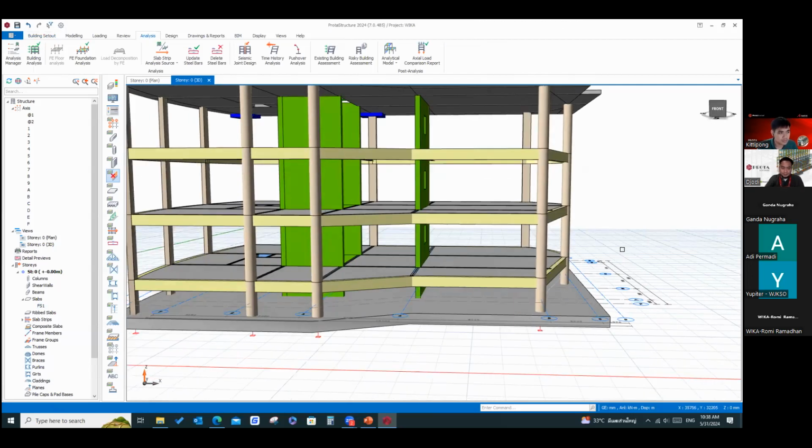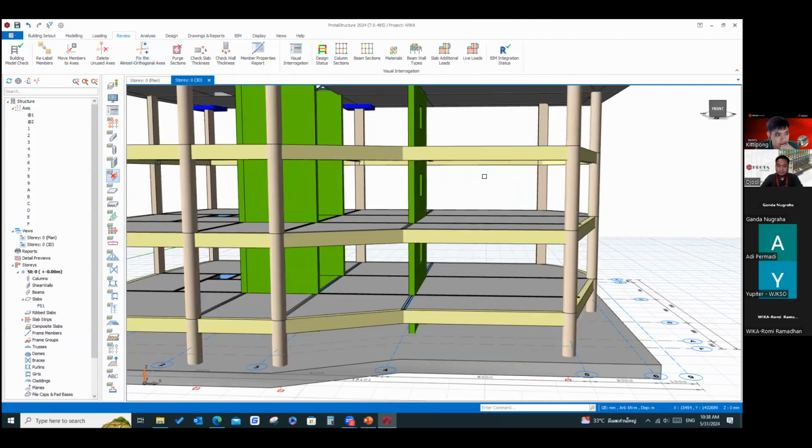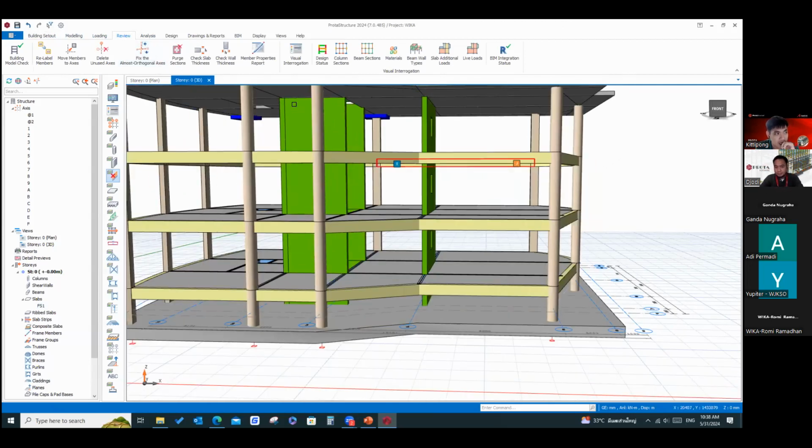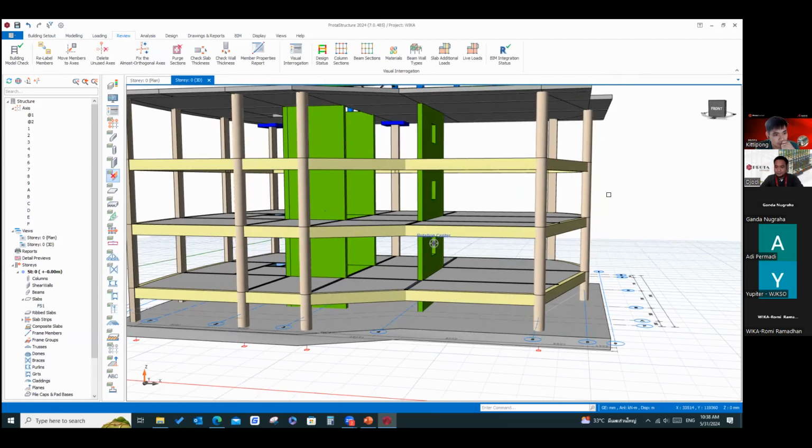Mas Jody, kadang kan ini software struktur ya. Karena dia software struktur, kalau bicara mat foundation itu kan ada di atas tanah ya. Kadang kalau di kita itu membuat model mat foundation di software struktur dengan menggunakan coefficient spring yang kita sebar di seluruh permukaan mat foundation kira-kira gitu. Ini kan kita perlu mendefinisikan.